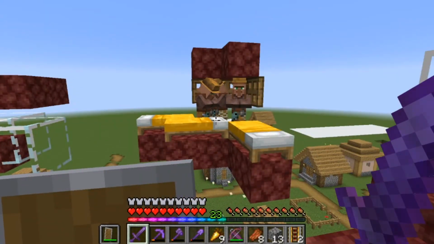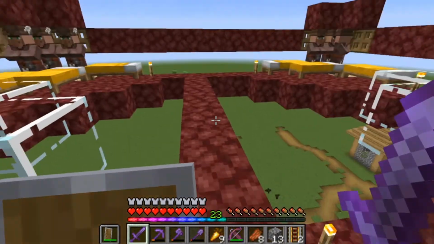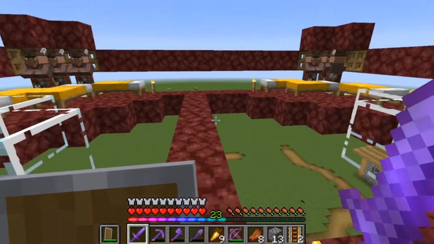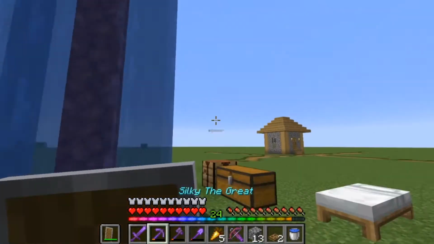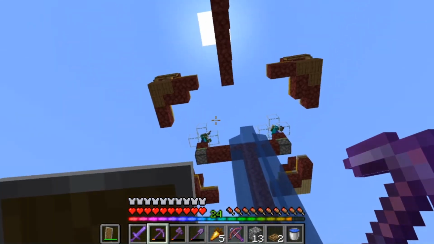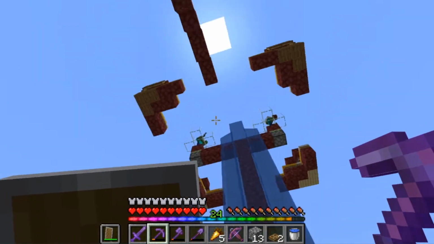We got all 4 areas of these villagers. And we just got to get these zombies in. And then we'll be all ready. Great. We got all the zombies in now. So we are officially done with the first layer. Kind of. I mean, I got to add the